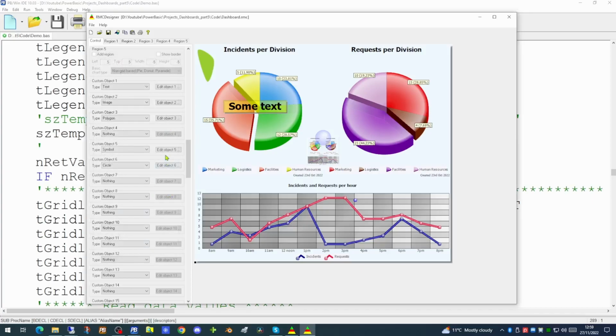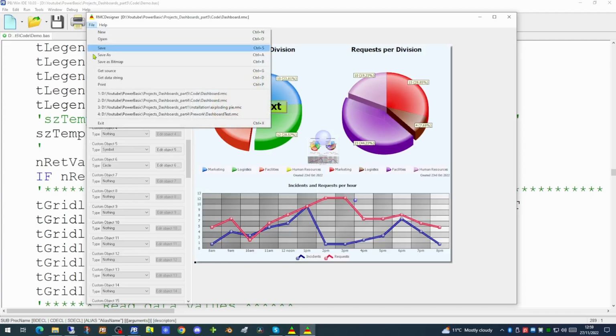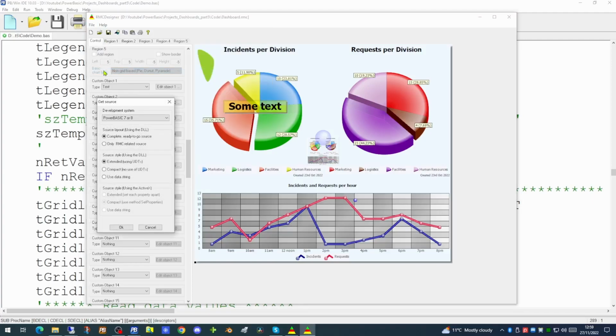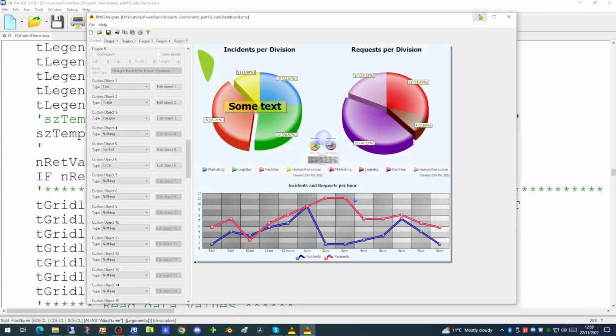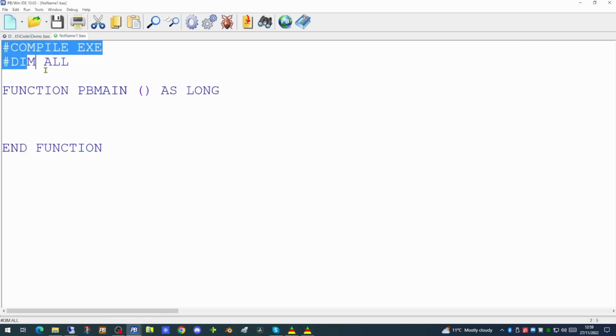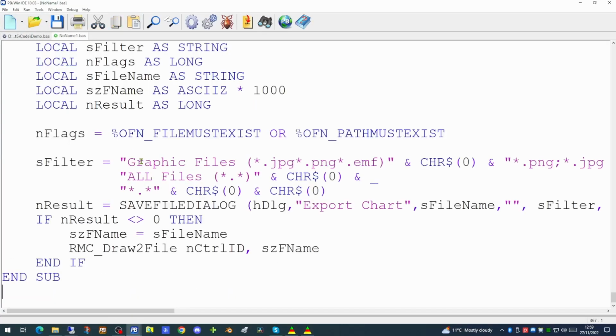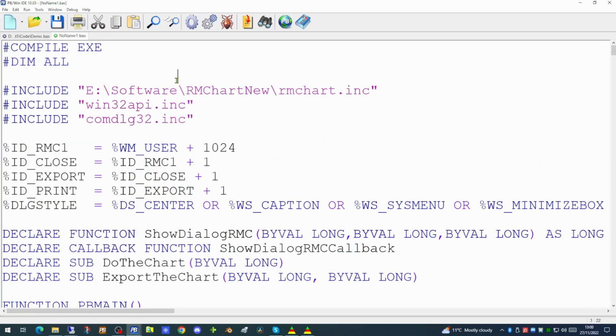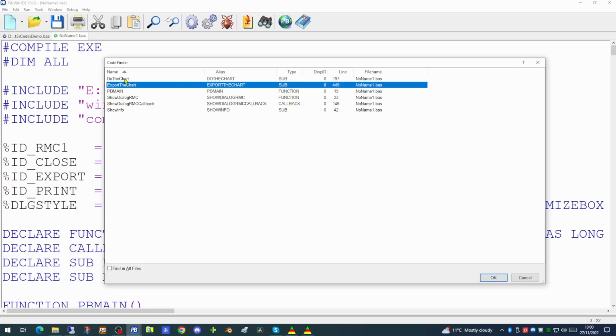Now, having generated all this in our RM Chart Designer, how do we get the code into our application? Well, let's first of all save this, and if we go up to File and Get Source, this copies all the source to generate all this, including our custom objects, onto the clipboard. And we can now go back into Power Basic. We will create a new form and paste it in. If we then go to the routine that actually draws the chart, the Do the Chart subroutine,